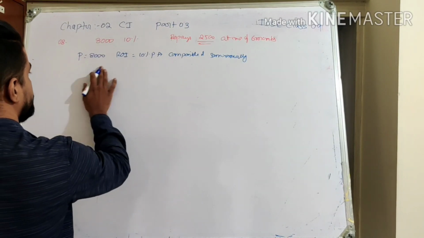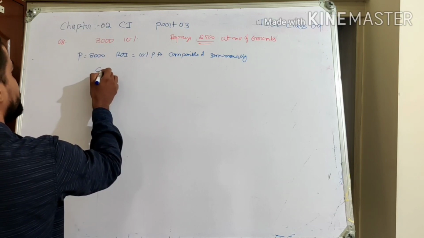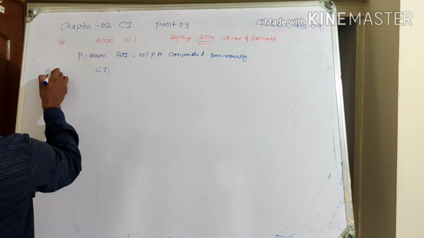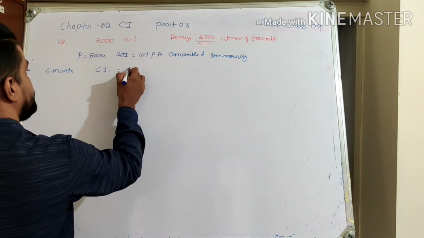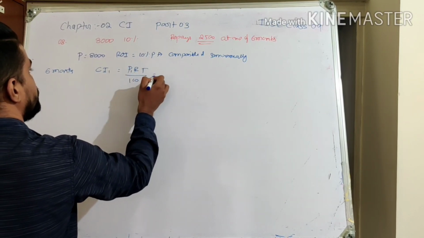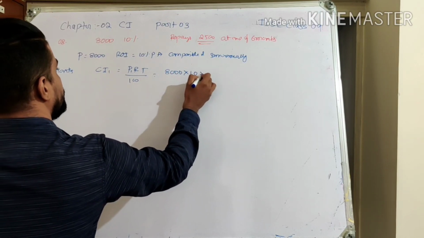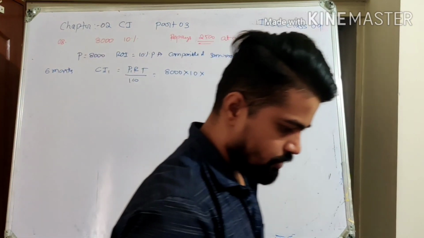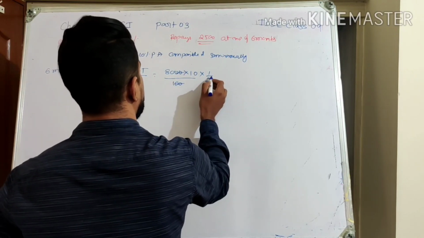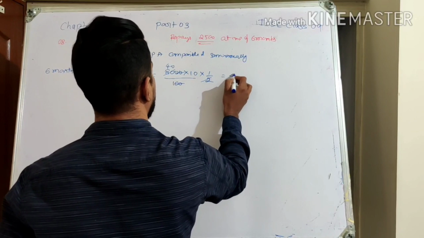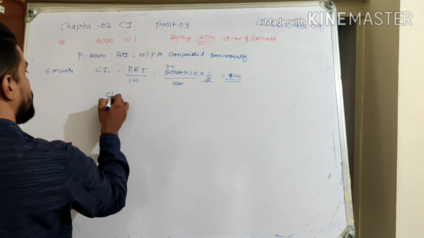Okay. Now the question here is, first at the end of the 6 months. After 6 months, what happens? First installment you have to pay, right? First interest you have to pay. So that is P1 RT by 100. Which is P1 is how much now? 8,000. R is 10. T will be 1 by 2 into 100. So 0, 0 cancels. 2 ones are 2, 2 fours are 8. So we end up with 400 interest. Okay, 400 is the interest. But the thing is, the compound amount will be how much now?